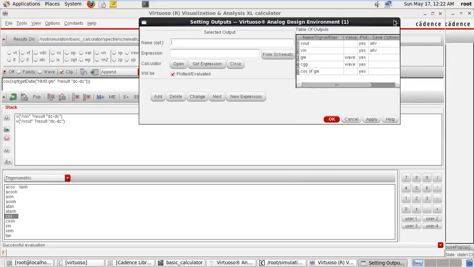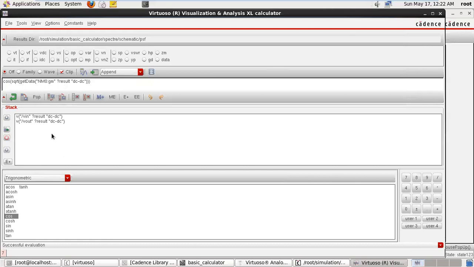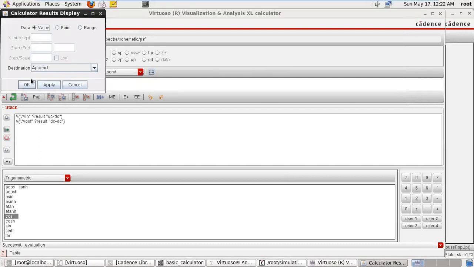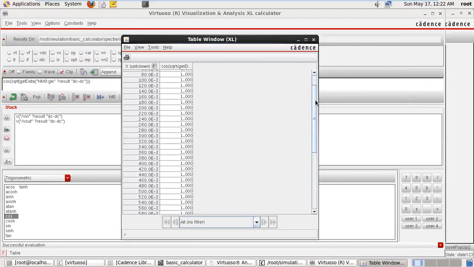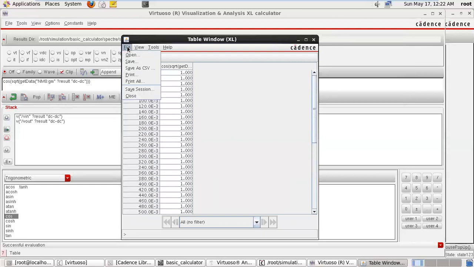Second, if you want to generate the tabular data, how can we generate it? Go to tool, table, values. From here you can generate the tabular data and save it using a CSV file or any other format you want, save it into your location and use it anywhere you require.